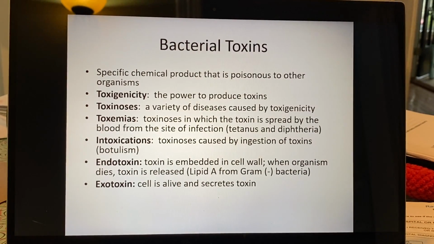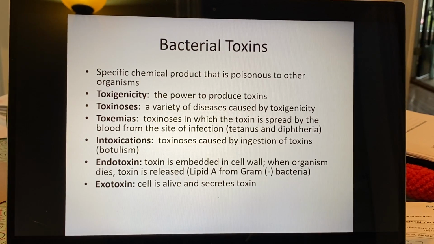So I also want to mention that sometimes it's not the living bacteria itself that is causing damage to your cells. Sometimes it's something that is produced by the bacteria, and namely toxins. So what this slide does is it gives you some basic vocabulary talking about toxins. So toxigenicity just means whether the microorganism produces toxins, and not all microbes do, thank God. A disease that is caused by toxins are toxinosis, and toxemias and intoxications vary in that